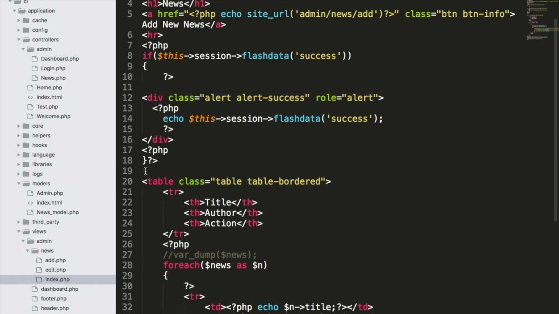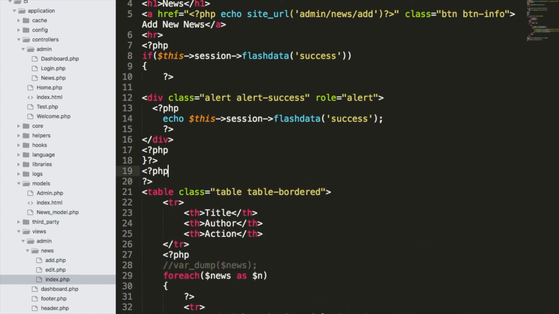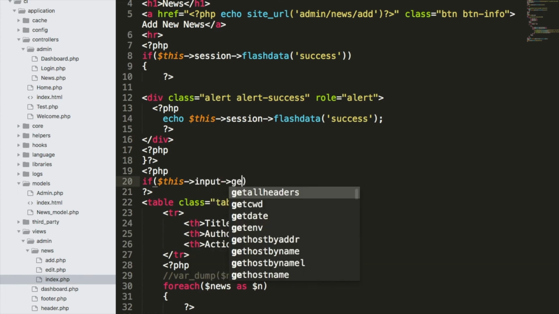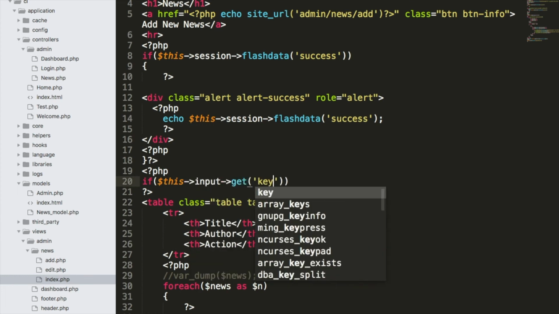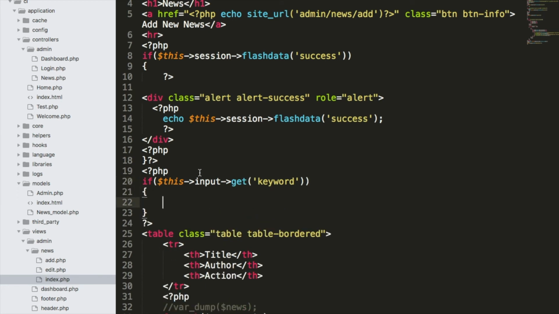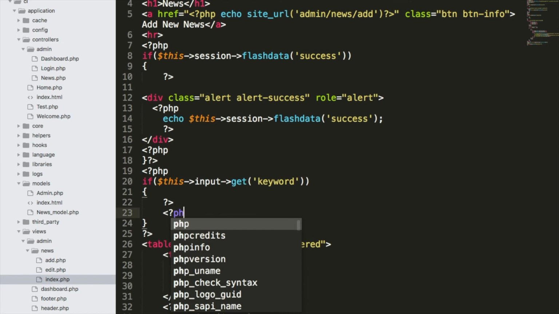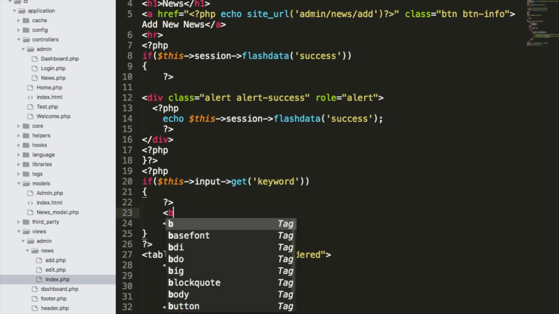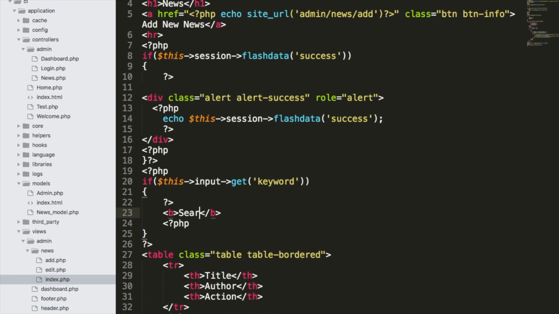So before the table, I want to have a condition: if we have any keyword set, if $this->input->get keyword, which means we are getting some keyword from the search form, I want to give a bold heading, search result for